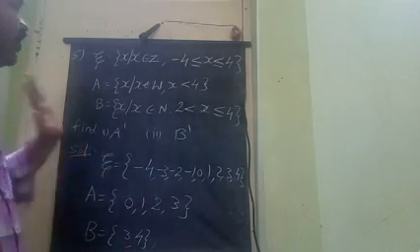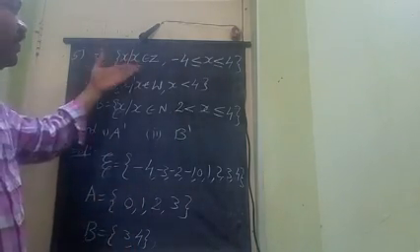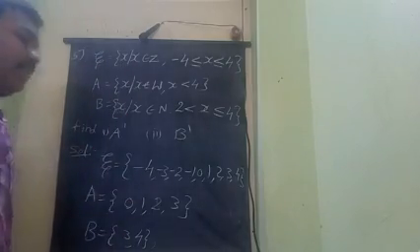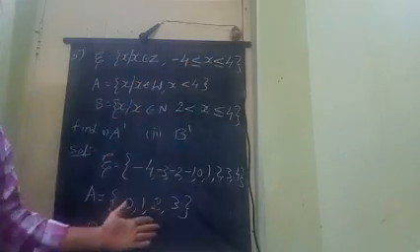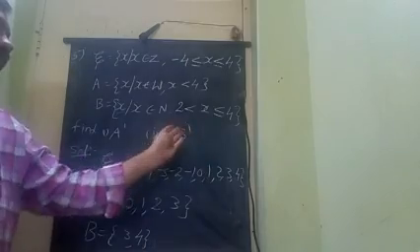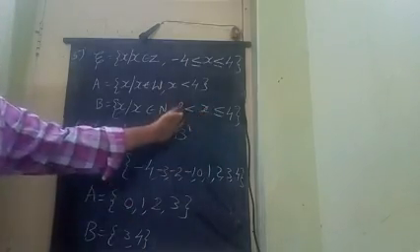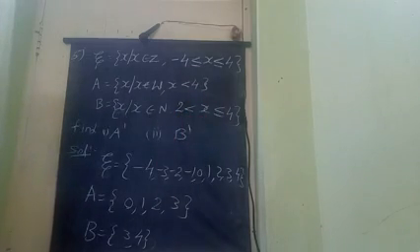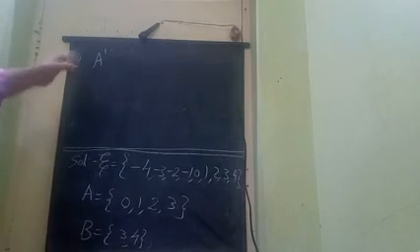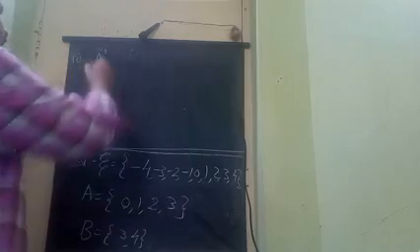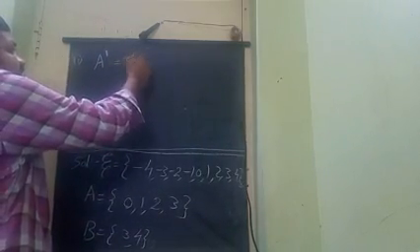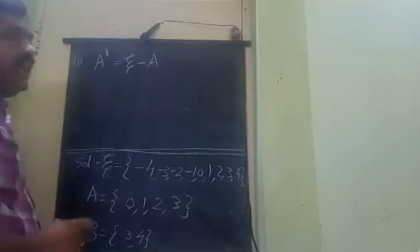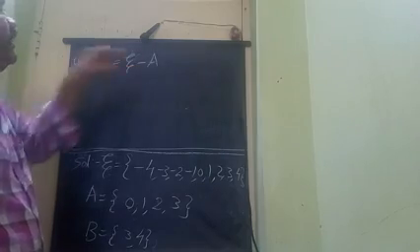So this is about the roster form only, not the sum. So first the given question format we have to change to roster form. This is that one. Minus 4 to 4, and the next one is less than 4, and here it is 3 comma 4. That means more than 2 means 3 and 4. So here I wrote that. Now I will continue with the sum. The first one is A dash. What is the meaning of A dash? It means complement. A complement means universal set minus A. If P dash, it means universal set minus P.